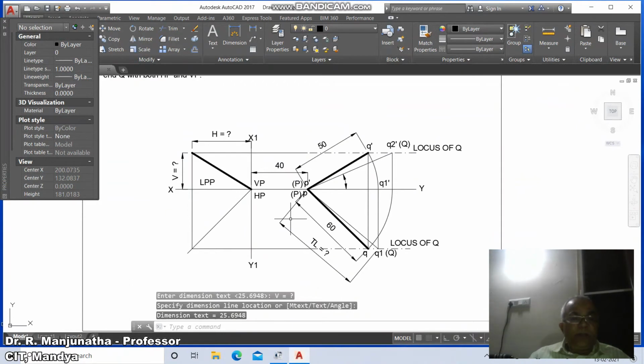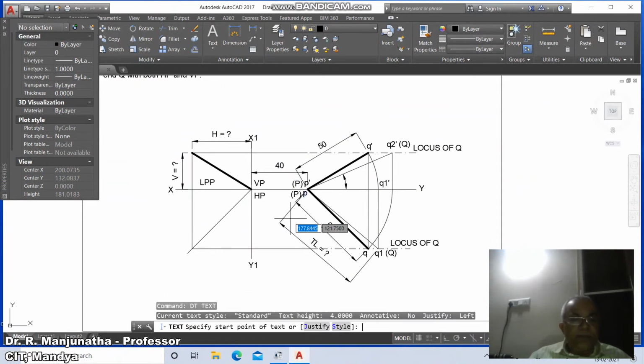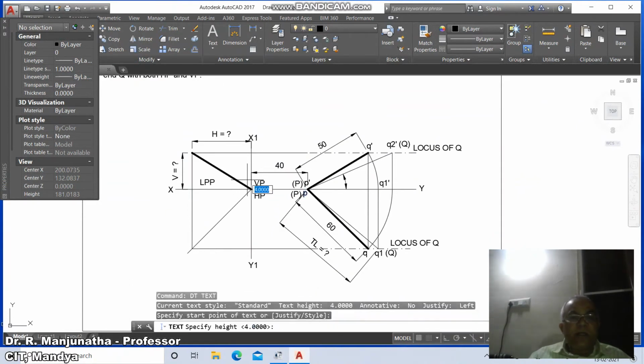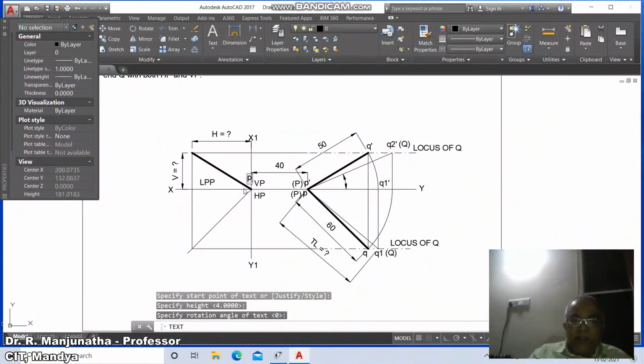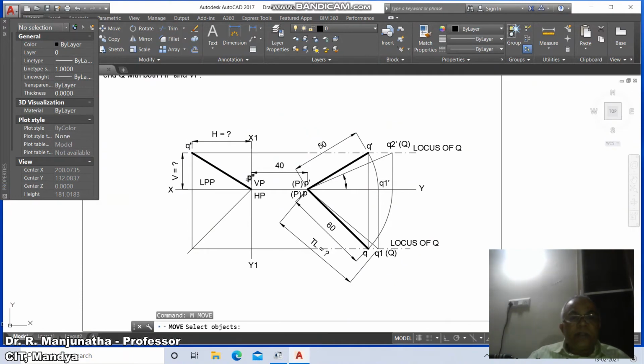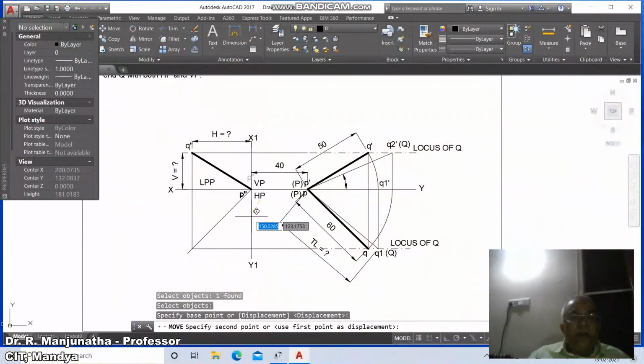Then here you just come down to the text, remove the caps lock, and here you type P double dash and Q double dash. Then come down to move, select this, move it and place this P double dash here.